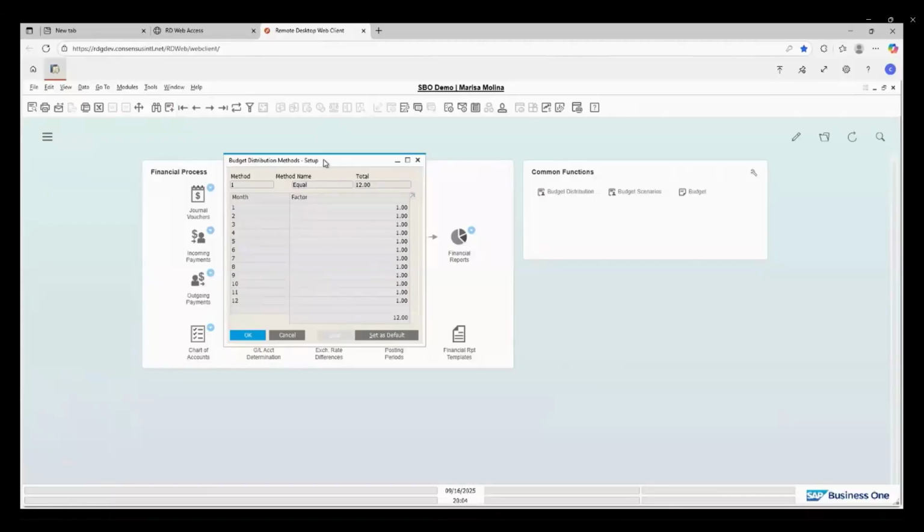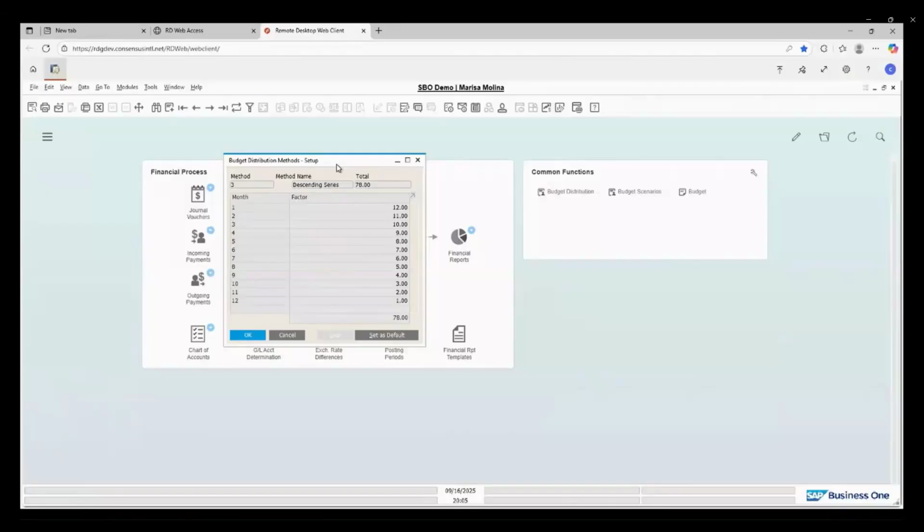This is the most common one. You can define this as the default. There's another one also created by the system, ascending order. I don't find it very useful. I have never seen anyone using this one, even as a default or just one time, but it is there. The other one that also comes with the system is the descending. I don't find it useful either, but it is there.